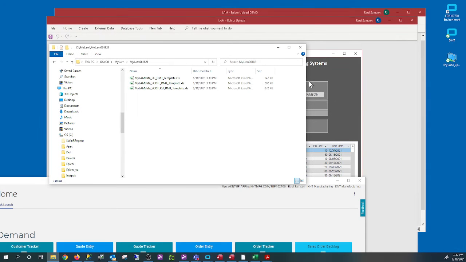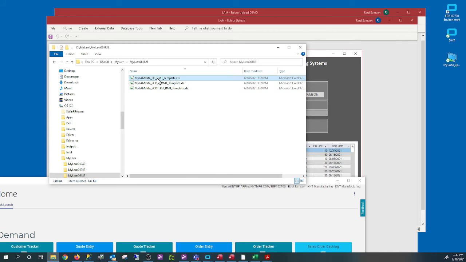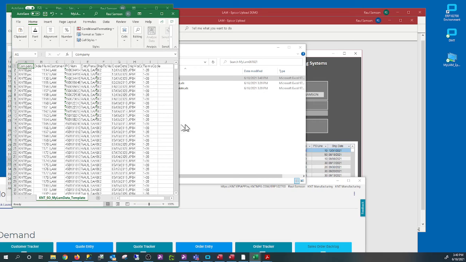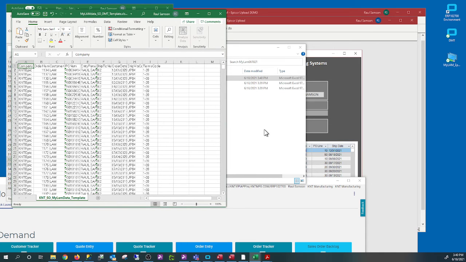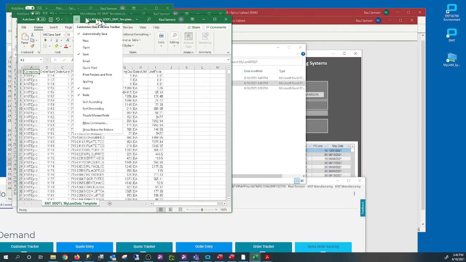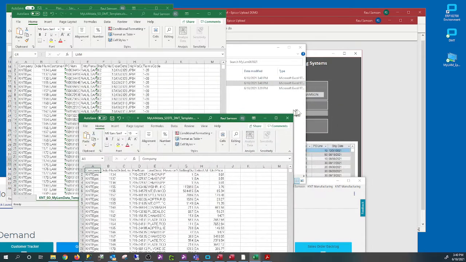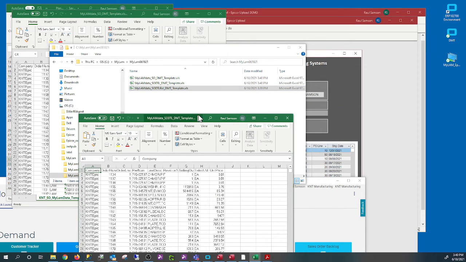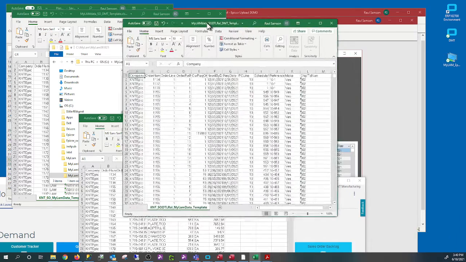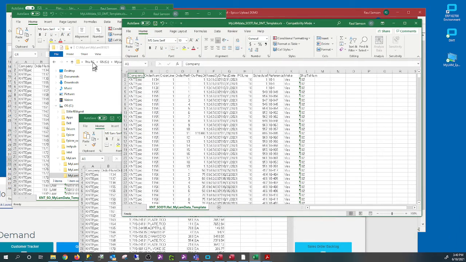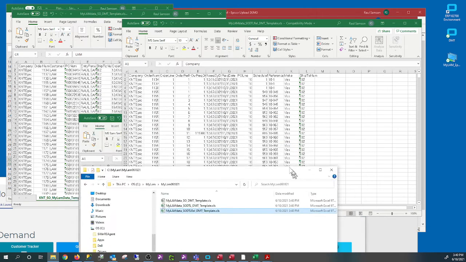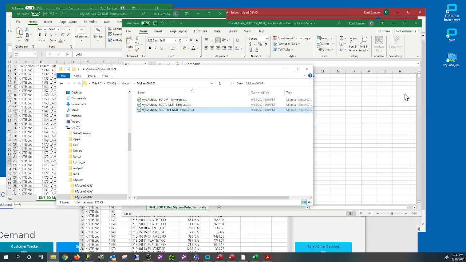As you can see, that data has been divided into 3: the sales order headers, the detail, and the release. If you open each one of them, this is how it looks like right here. And this one, this is the detail of that, and the release, which is this one. Now, each one of these needs to be loaded into our Epicor by using the DMT.